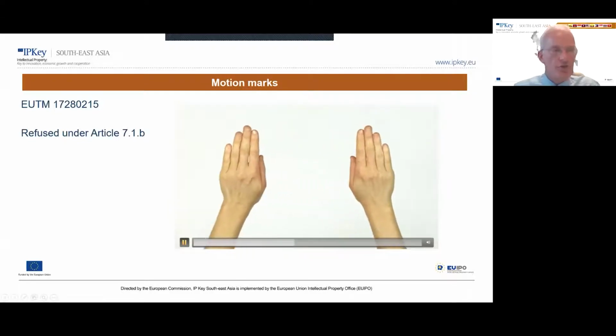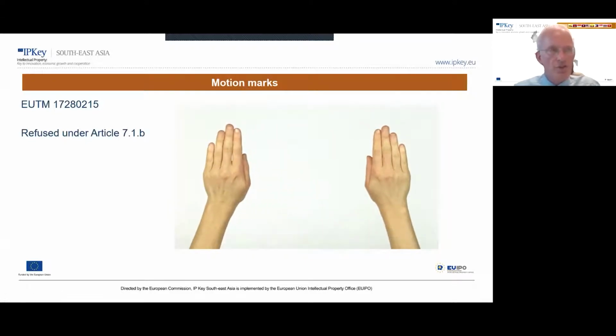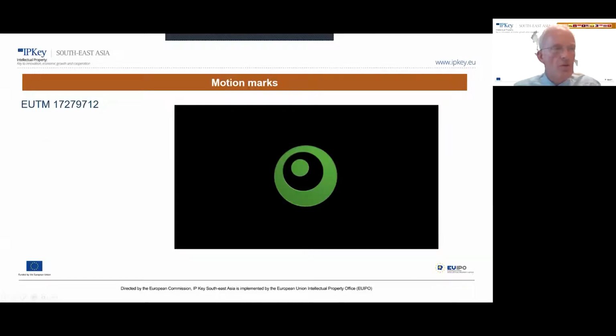Again, as I mentioned for the last example, this isn't seen as being part of the technical effect because we can't actually see what the hands might do. However, it's very clear indeed that they're not distinctive, and so the mark was refused. If we move on to our next example,